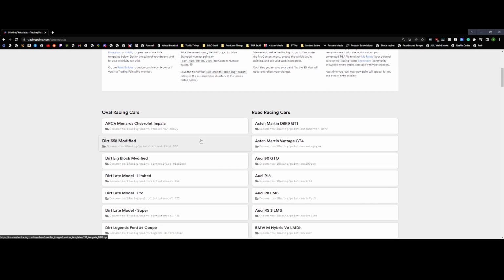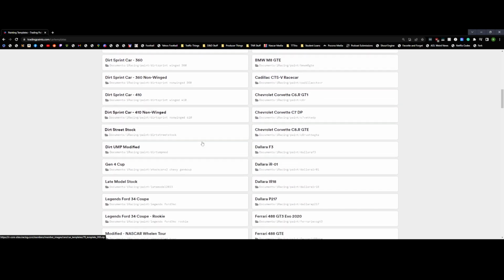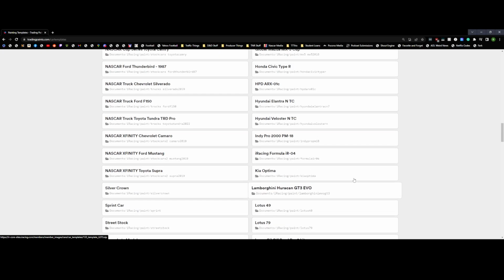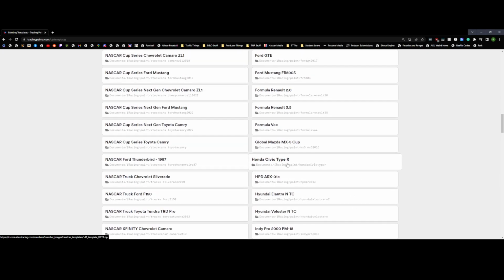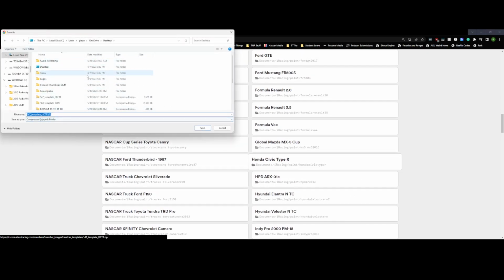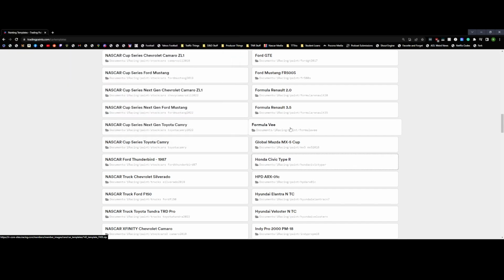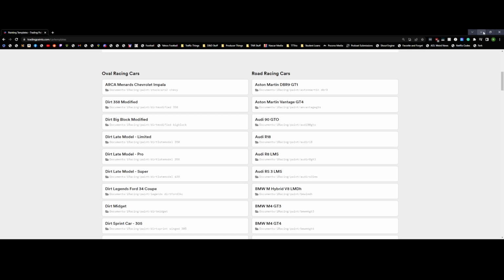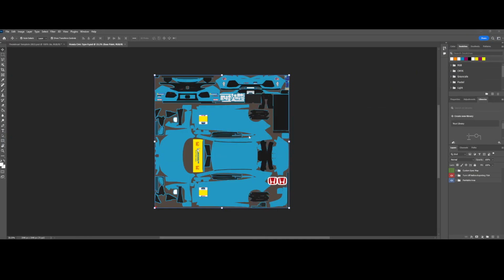In here, we'll have all of the templates for every single car you could possibly need. You'll go in, you'll find it, like mine is the Honda Civic Type R. Go ahead and click on that. Opens up your folder, and the rest is history. So, now that we have the Photoshop document downloaded,